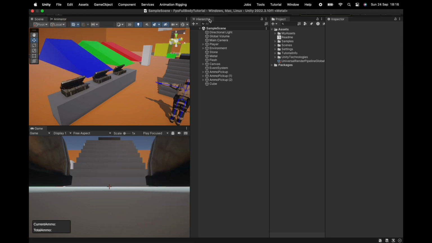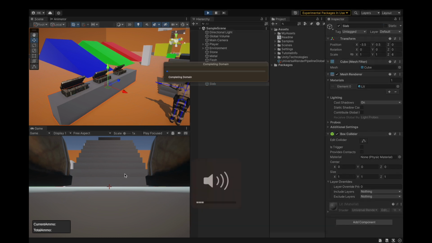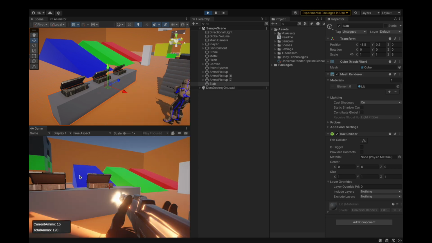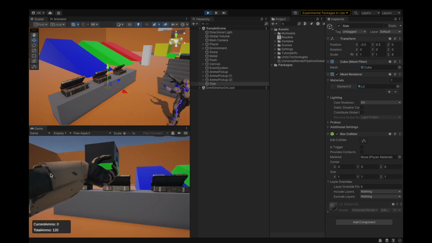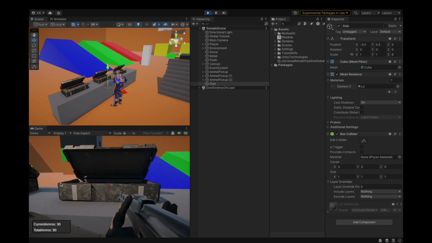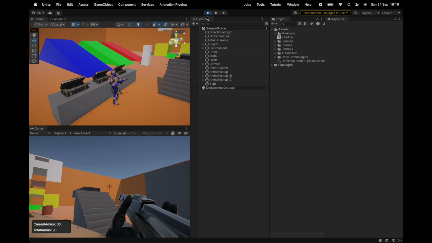I think we are ready to hit the play button one more time. For the first time rather. We'll first rename the cube to a slab. And now if we hit the play button, I can shoot as usual, and I can reload. And if I go close and I'm pressing the E, if it's not working, well, the reason is, let me see,